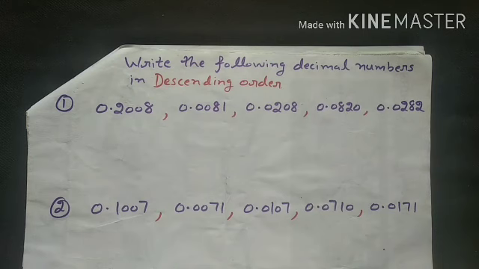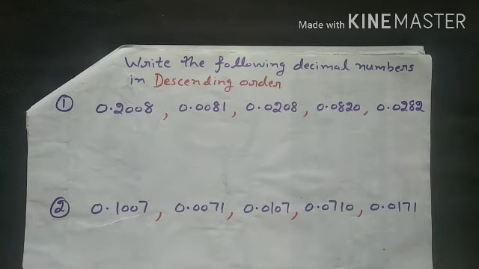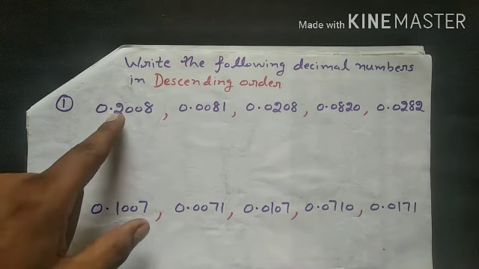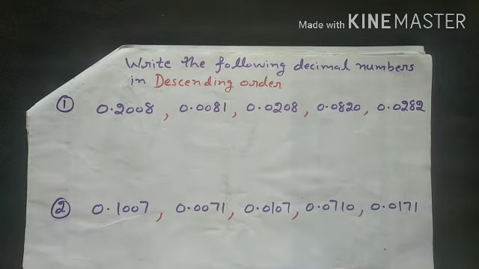Now student, in this footage I will provide you a different approach to find the descending order. First of all, if the numbers you are given are decimal numbers, you will make them like decimals if they are not already. Like decimal numbers means that after the decimal point the number of digits in each number is the same. So let us check. After the decimal, how many digits are there? 4, 4, 4 and 4. So in every number there are 4 digits after the decimal. So all these are already like decimal numbers.